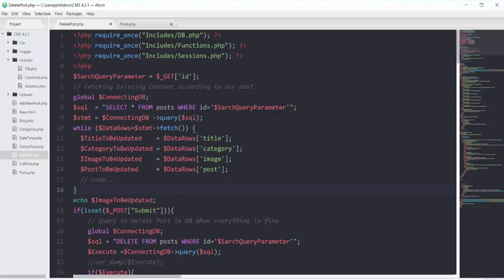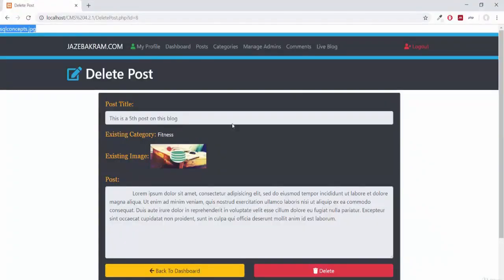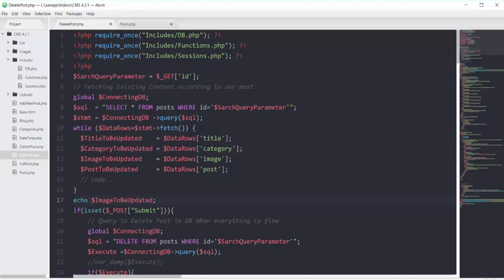So on line 13 it got the variable image to be updated, and on line 17 we requested it to show us this image to be updated variable, and it says yeah, I got this variable value from line 13, so I can show you that variable. That's why this time we are not having our error, and every bit of code is working the same because it was the while loop which doesn't have to iterate for every single post. It was just made for one post. So right here first let's comment this echo.